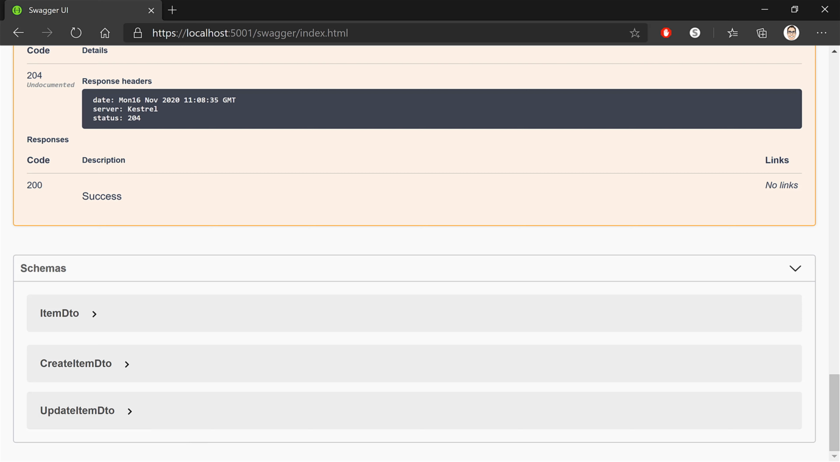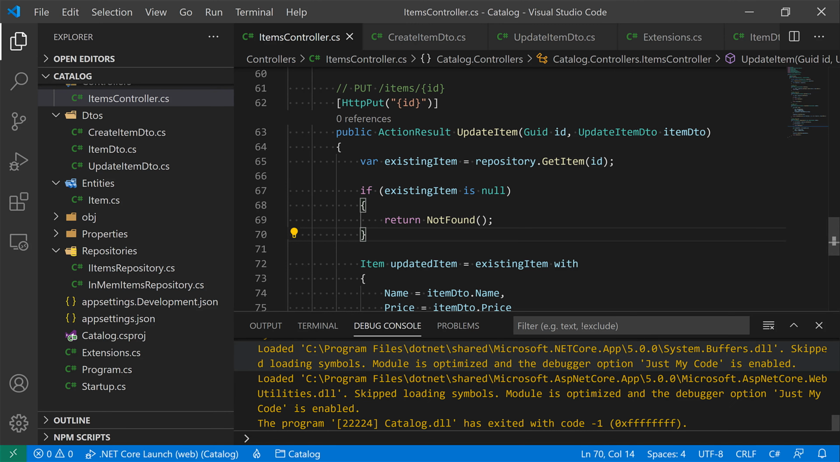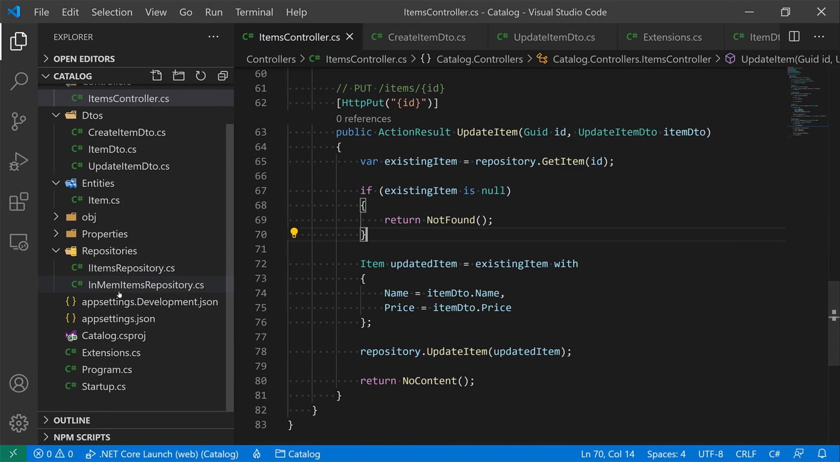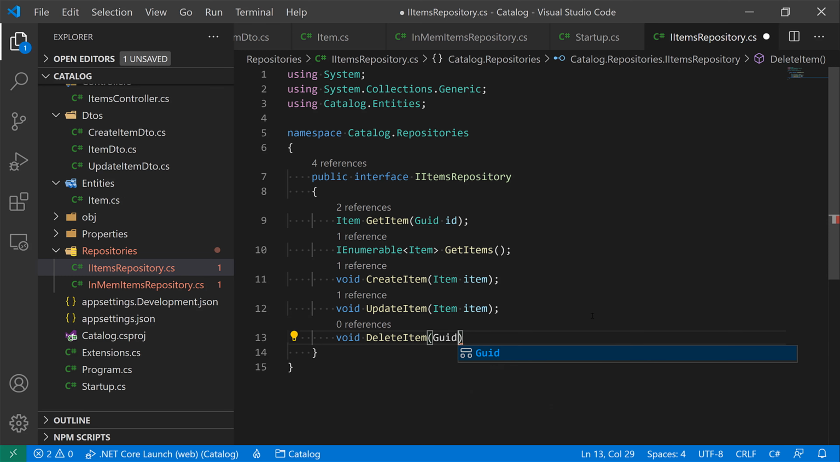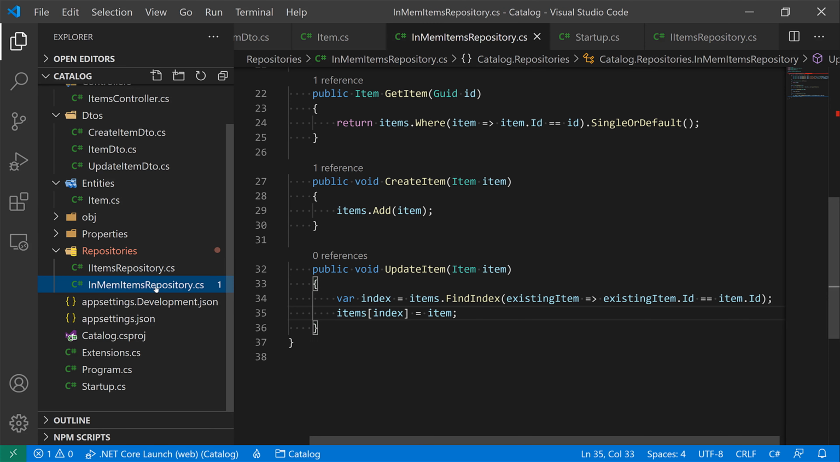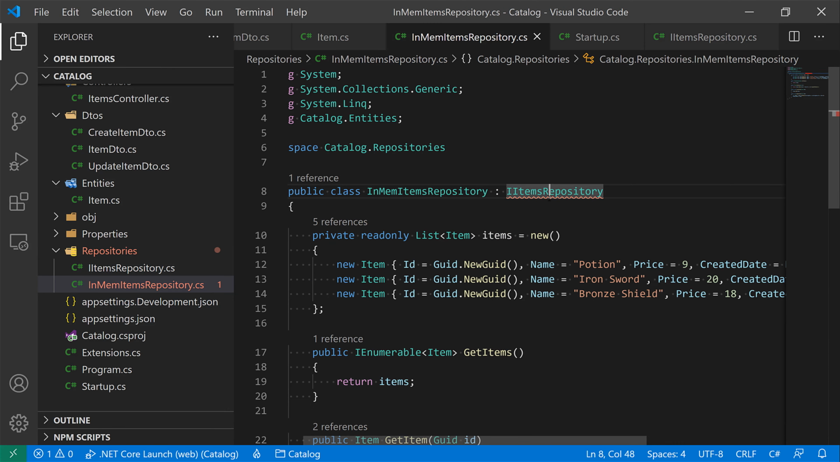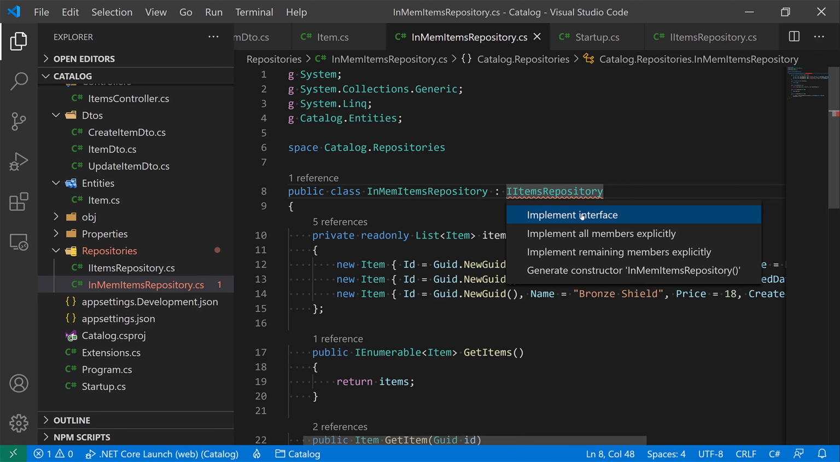So with update ready, the last thing to add is our delete route. So let's go back to the controller, back to the project, and just as before, back to the repository interface, and let's do void delete item with ID. The only thing that we need for deleting an item is just to know the ID of it. So back to the repository, let's implement the interface